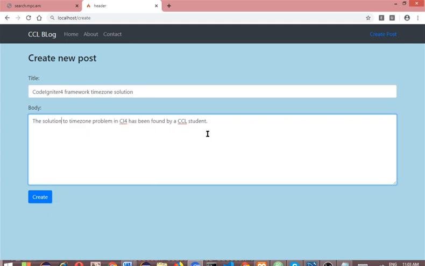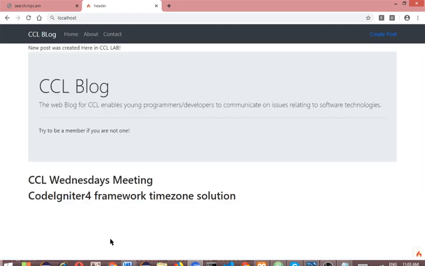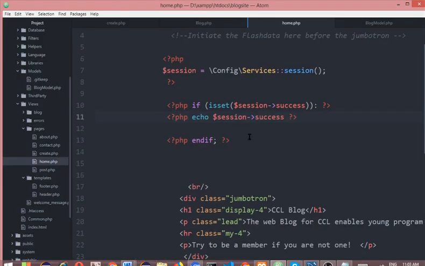Solution. Okay, so if I click, alright, please look up here before the Jumbotron. What happened? New post was created here in CCL lab, but this is not how to display an alert, a message, because the user might not understand, he might not even see it. That's the reason why in here, before echo,